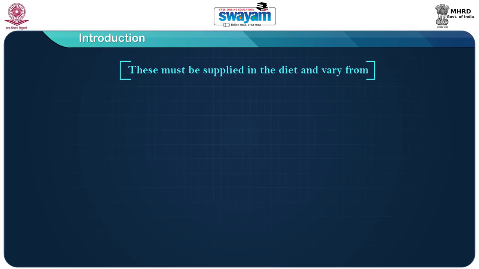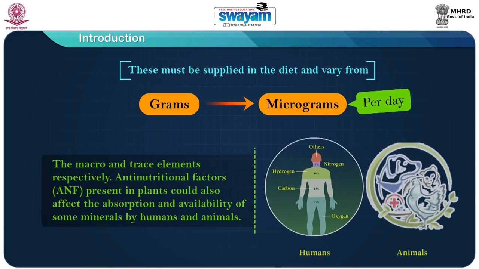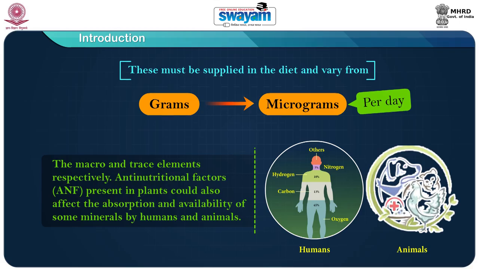These must be supplied in the diet and vary from grams to micrograms per day for the macro and trace elements respectively. Anti-nutritional factors present in plants could also affect the absorption and availability of some minerals by humans and